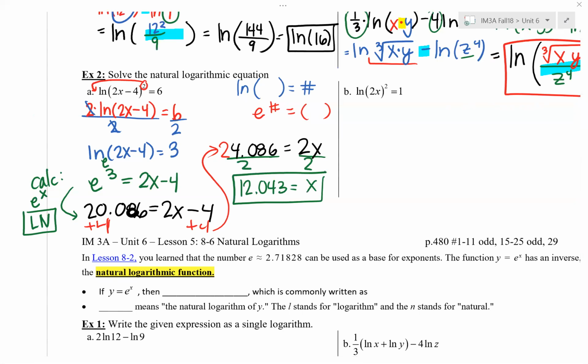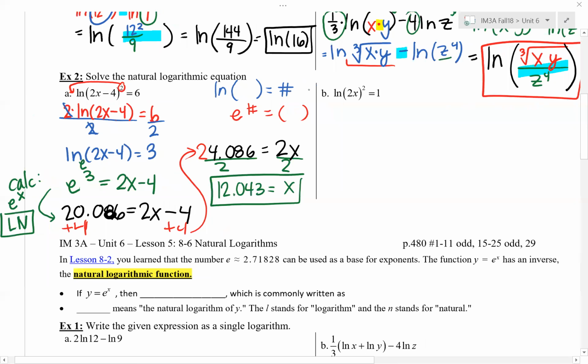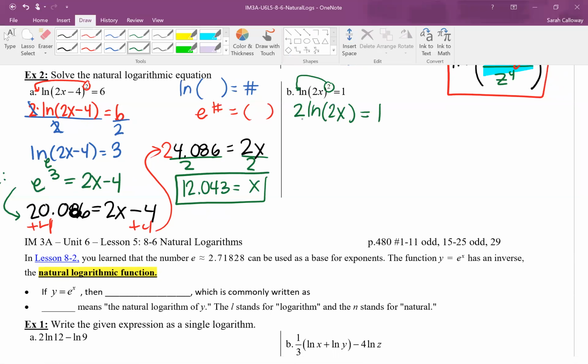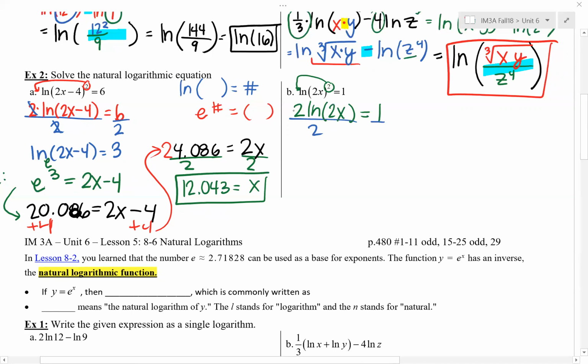Okay, so let's try another one. It's similar in that we've got a power. Remember, we want ln of something equal to a number, which means we don't have room for that power to be in our problem. So we need to move the power to the front. So we've got a 2 there times ln of our 2x equals 1. To get ln by itself, we're going to divide both sides by 2, which gives us ln of 2x